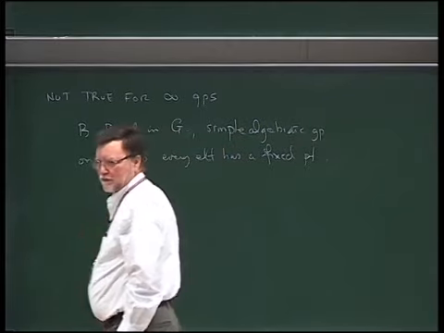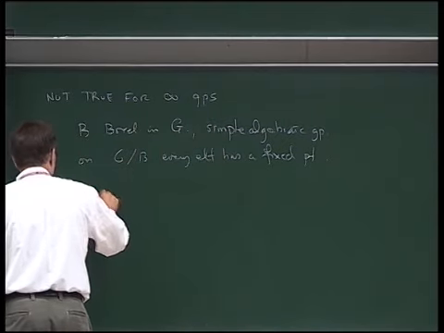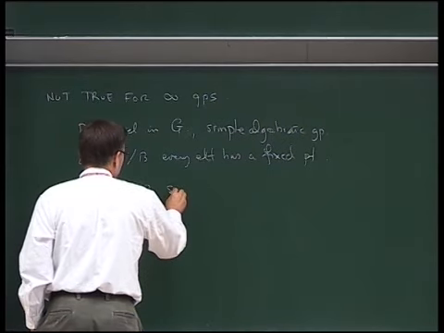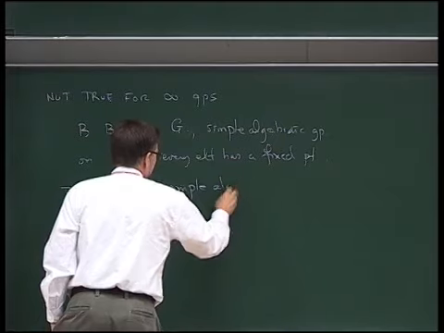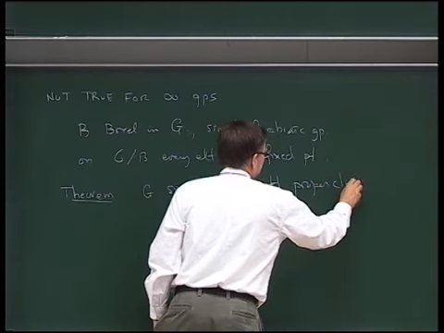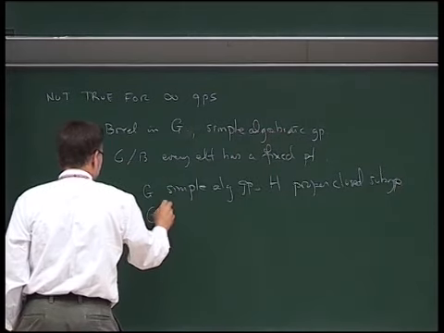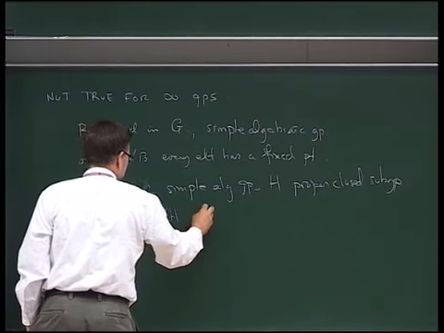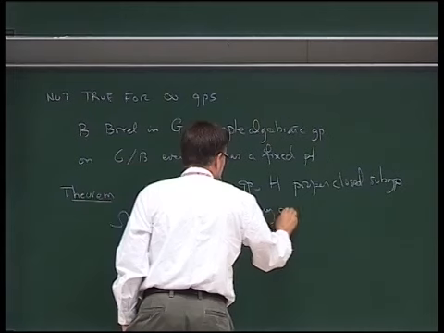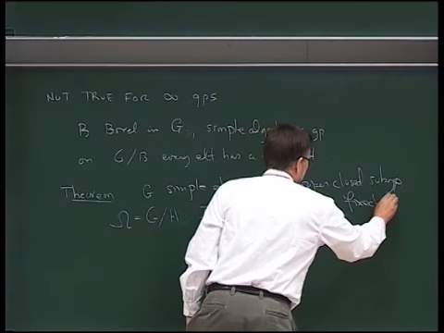And similarly, it's of course anything containing B, so for any parabolic. On the other hand, in fact, one has the following theorem. Suppose that G is a simple algebraic group, H is a proper closed subgroup, and we take omega to be the coset space. If every element has a fixed point,